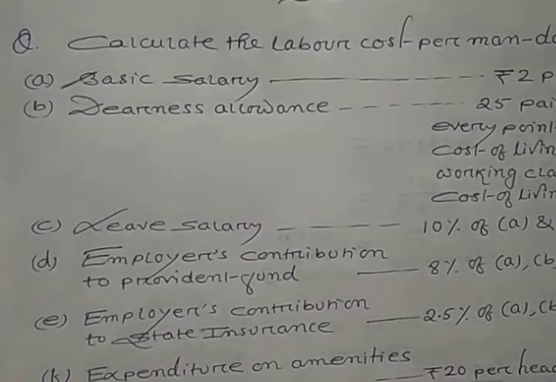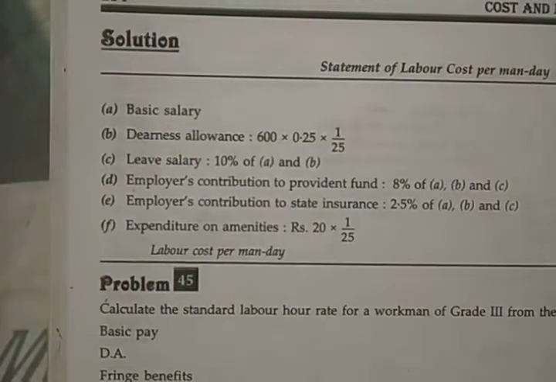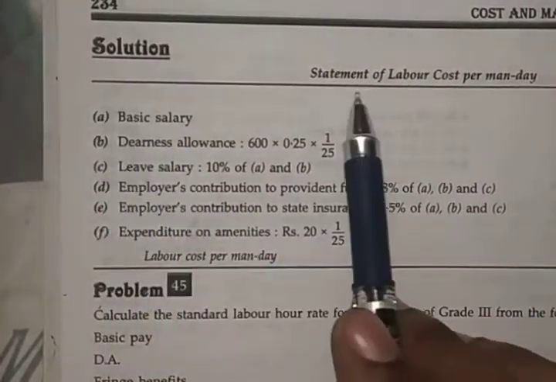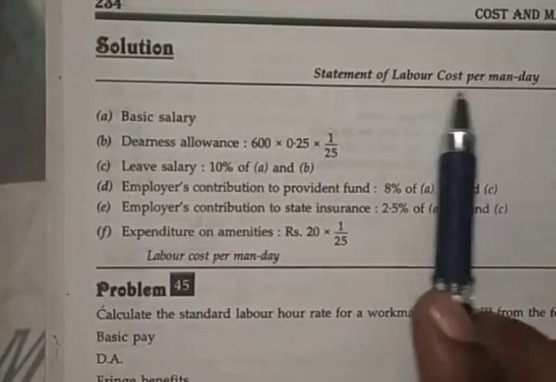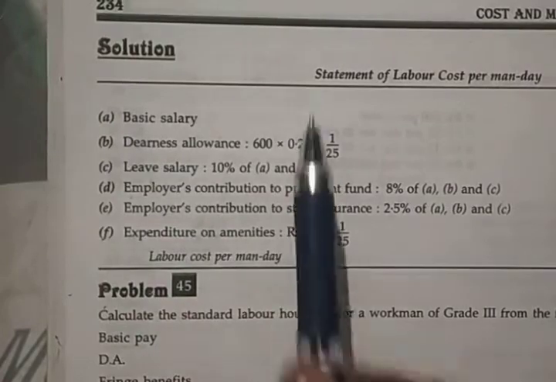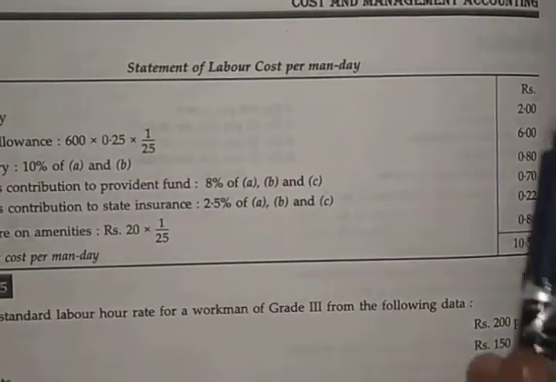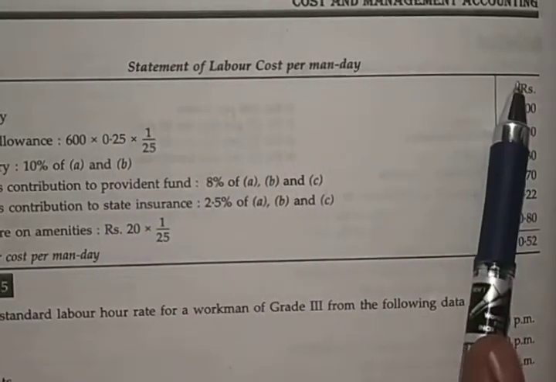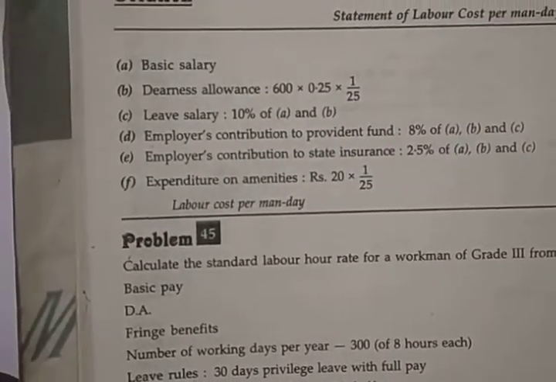First of all, you see here, you have to write your solution and then the heading: statement of labor cost per man day. Then you write particulars, and then you also have to prepare the amount column. So you write particulars, then you write amount. After that, with the help of the information given in the question,